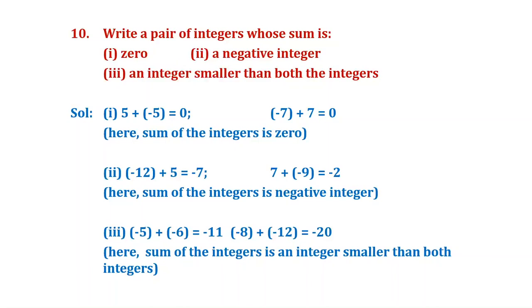And also I am taking another example, which is minus 8 plus minus 12. By adding these two, I am getting minus 20, which is less than minus 8 and minus 12. So here the sum of the integers is an integer smaller than both the given integers. So this is the